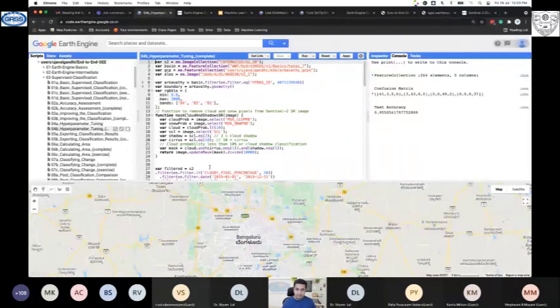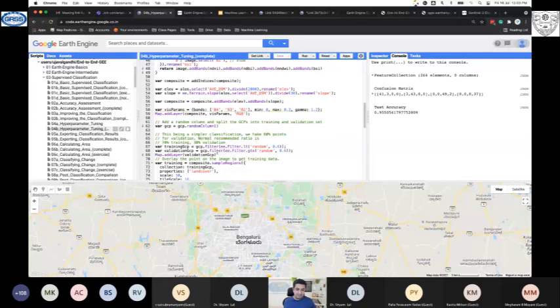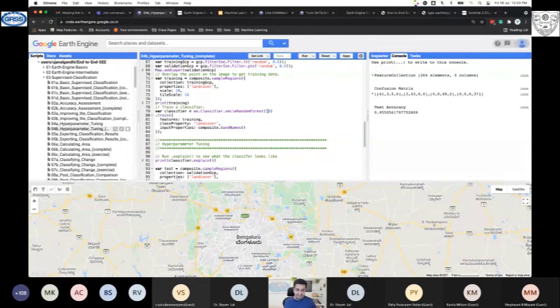The last thing I want to show you is hyperparameter tuning. This is something that many people ask about when you are using a classifier like random forest. How do you decide the number of trees? In general, the advice is the more trees, the better. But that's not necessarily true. It really depends on your particular training data and the data set you're trying to classify. So how do you